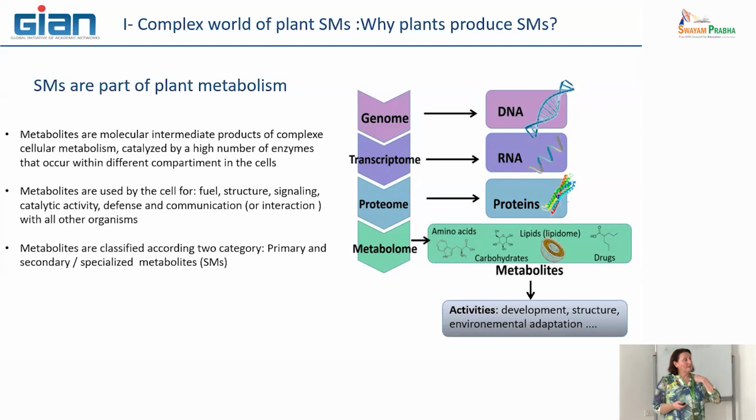For example, when a cell is stimulated by an herbivore, and the cell needs to produce a specific specialized metabolite, at this moment the genes that encode enzymes of the metabolic pathway are stimulated, which means that in the transcriptome we can find this type of mRNA. In this way, we can also define in which condition we will be best placed to identify the enzymes that are responsible for the metabolic pathway. Is it clear?